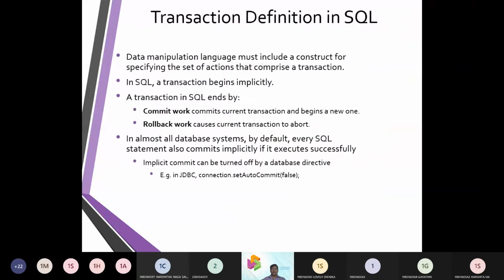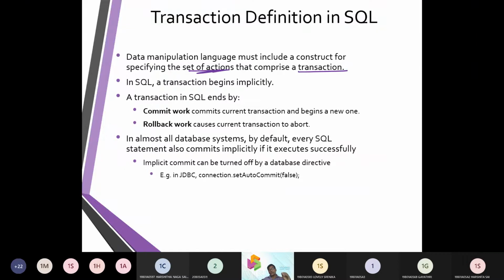Now, how are these concurrency control protocols designed? They are designed with a set of actions that comprise some transactions.